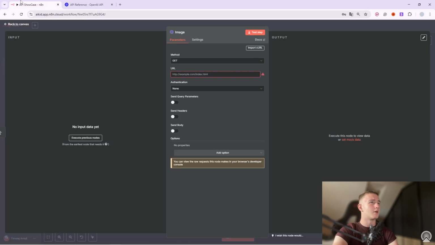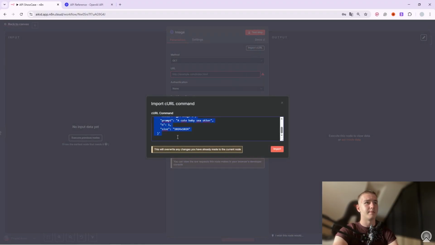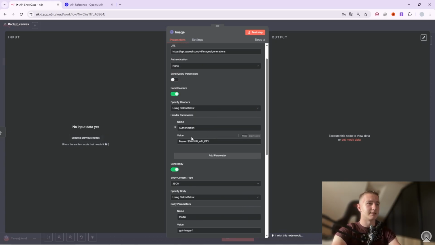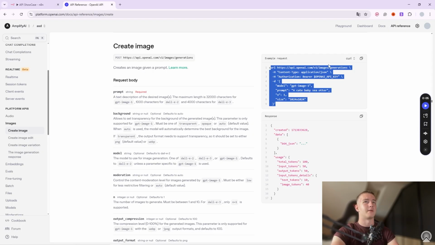Okay, so once you copy that, you come back to the HTTP request in n8n, you go to import curl and you paste the curl. Great, now what this will do is basically set up your whole node, everything you need. Now you just send over the API key. So let's find it back in our